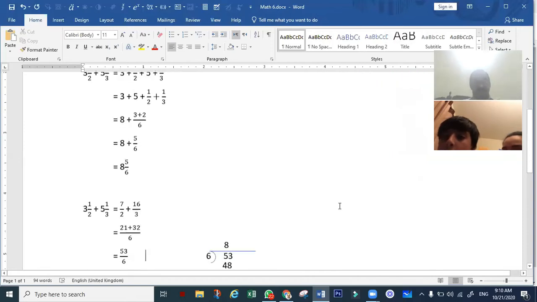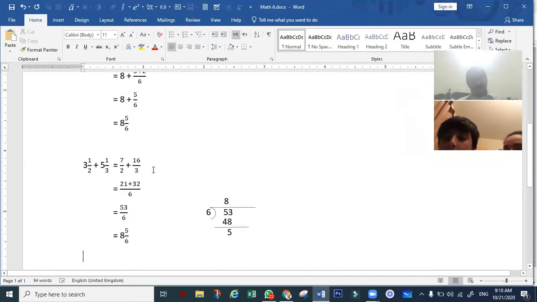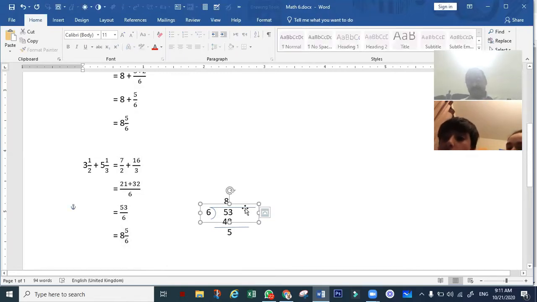You can see whatever you are telling, it is this. What you are telling me about 3 times 2 is 6 plus 1 is 7 over 2. Similarly, now we multiply 2 multiplied with 3 is 6. 3 can be multiplied with 7. 16 can be multiplied by 2. You get the answer.